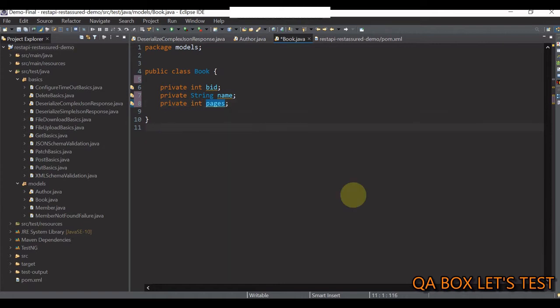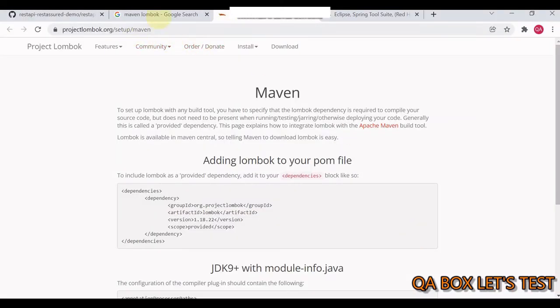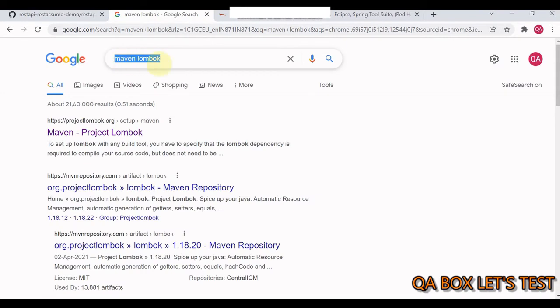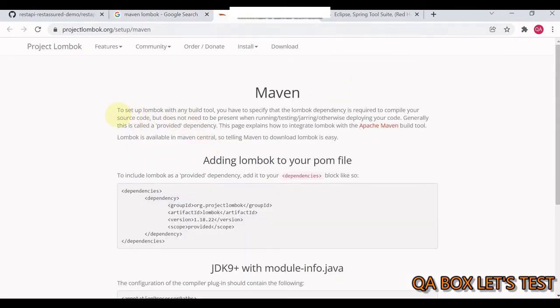So let's first add the Lombok project dependency into our project pom.xml. Open a browser and search for Maven Lombok and click on this first link. So now guys, you see, to set up Lombok with any build tool, you have to specify that Lombok dependencies is required to compile your source code, but does not need to be present when running, testing, jarring, otherwise deploying your code.